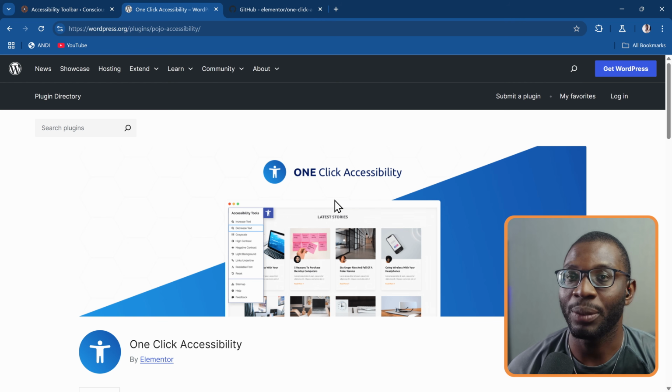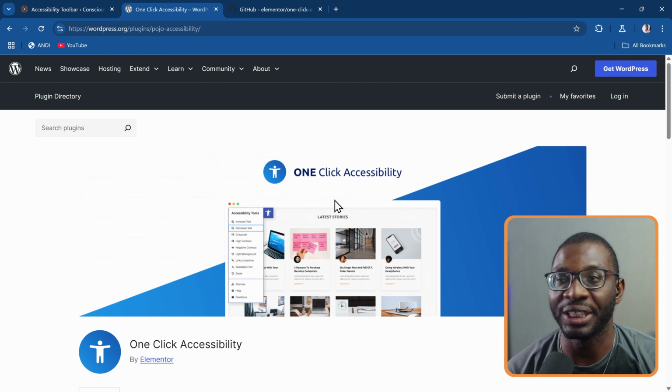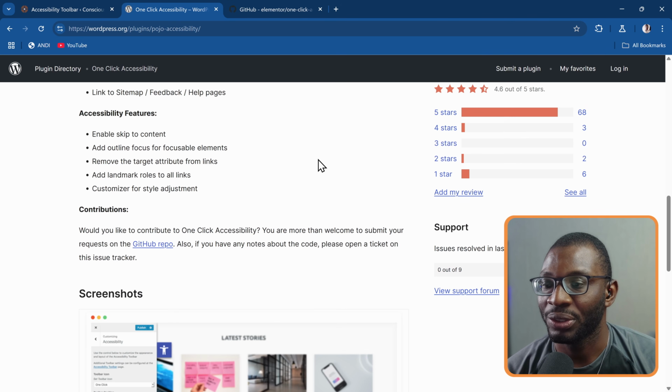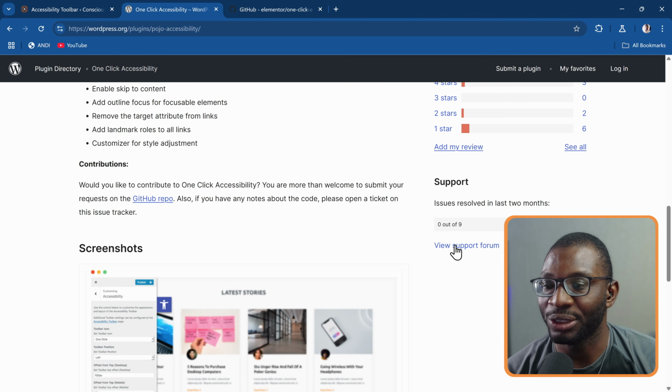And now time for the deal breaker. This was pointed out to me by a friend of mine, which I'm going to show you right now. And you'll see why I wouldn't support this plugin, at least for now. Let's take a look. Here we are on the plugin page in the official WordPress repository. And if you go all the way down into the support forum,